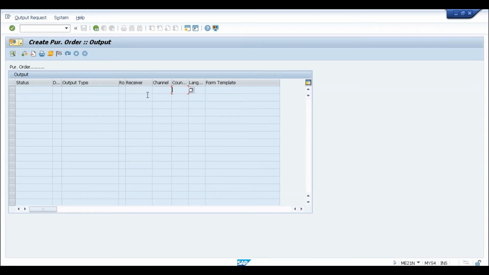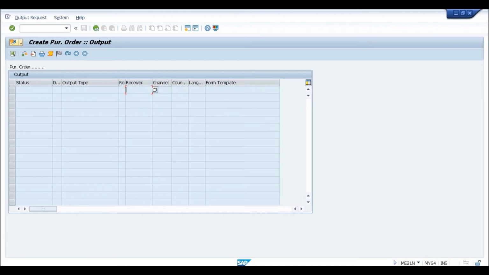Okay, so let me give you the background first of all, why we are discussing this, which particular topic we are discussing, and how it has been impacted. First I'll give the overview and then we will see in the system. So with SAP S/4HANA, SAP has come up with a new output determination.